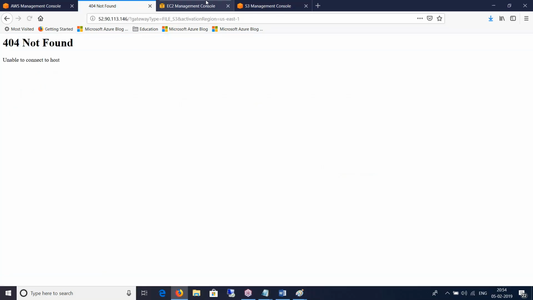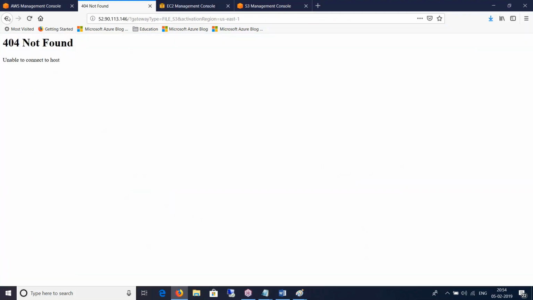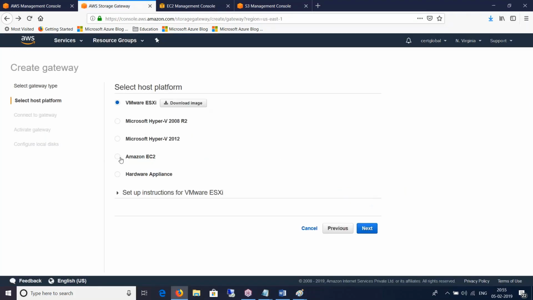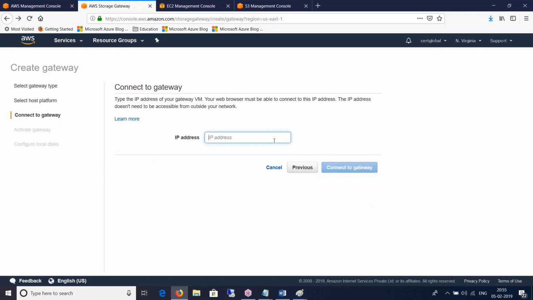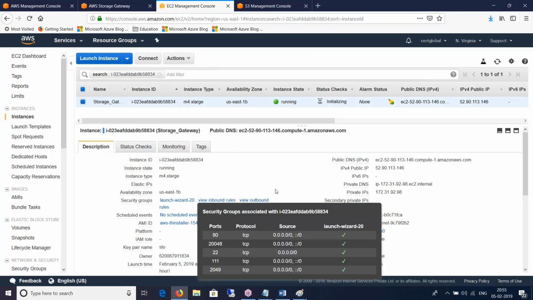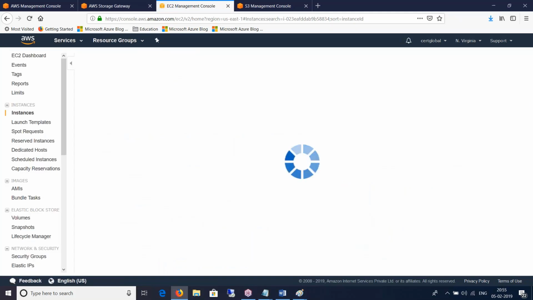It may not be accessible right away. Yeah, it says 404 not found because my VM is still initializing. So I gotta have a patience pill and wait for that to be up and running, and then do this. And if it still does not connect, then there's something wrong with the security groups. All right. Just waiting for these 2x2 checks to complete. Usually these are pretty quick. Amazon Linux instances are pretty quick, but Windows takes time.